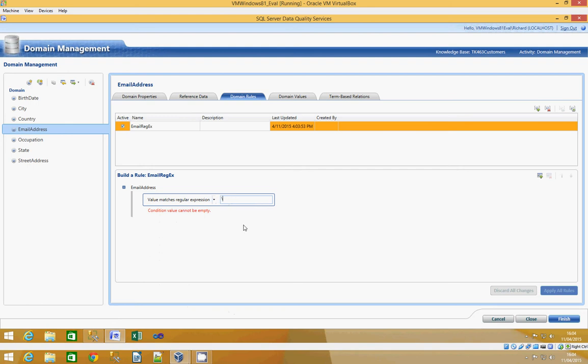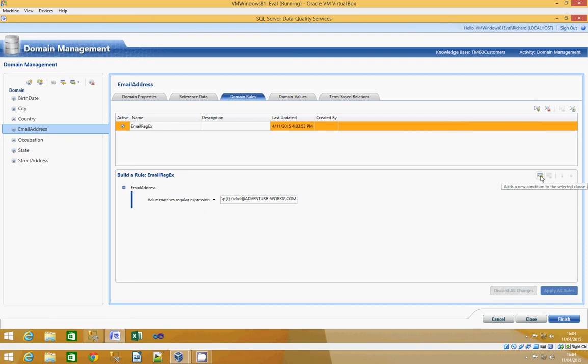Just got to type this in. Venture works. Click off,